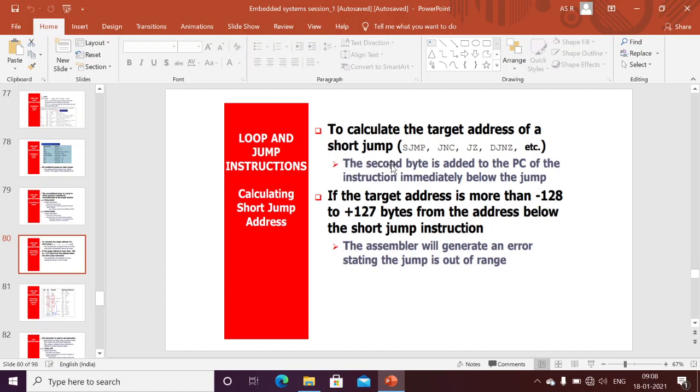Next, the second byte is added to the program counter, the instruction immediately below the jump. For example, wherever we want to move our program counter, whenever the condition is met for the short jump, finally we are storing the second byte to the address. If the target address is more than minus 128 to plus 127 bytes from the address below the short jump instruction,